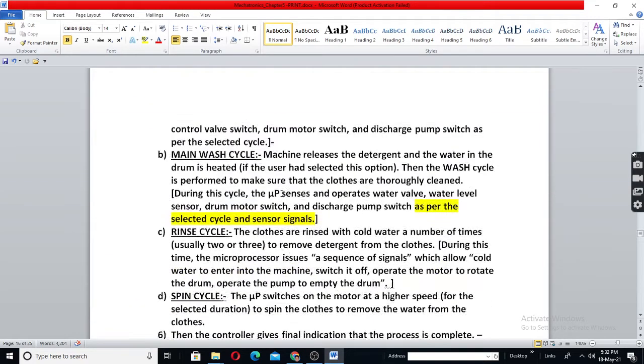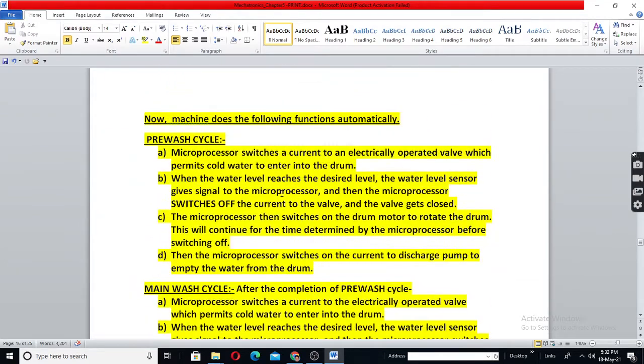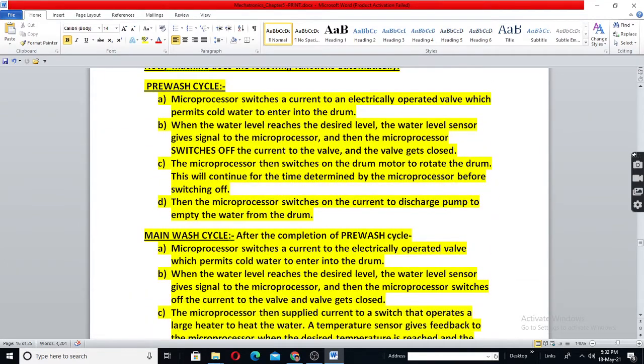Next, after that what will happen, the motor will rotate. So the microprocessor then switches the drum motor to rotate, say 2 minutes, 3 minutes according to the cycle you have selected. Then it switches off the motor.